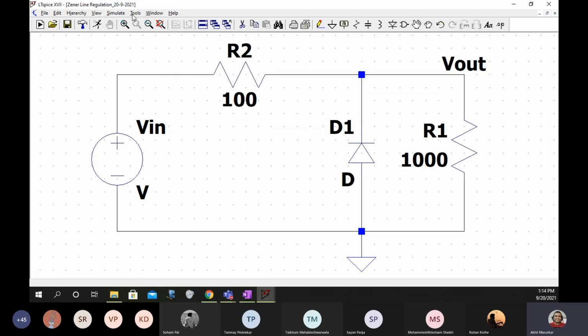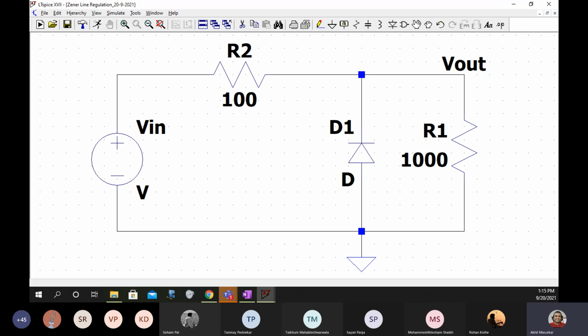So I just saved it with some file name. Do this much and post in the chat box. Everybody should be on the same page.